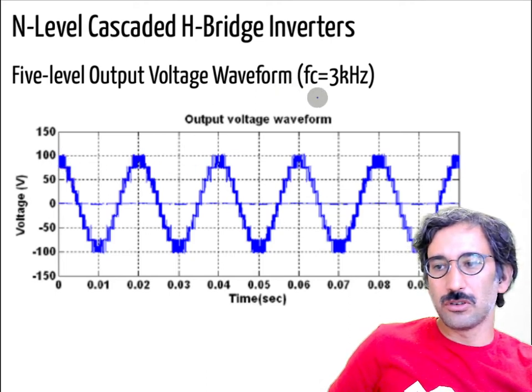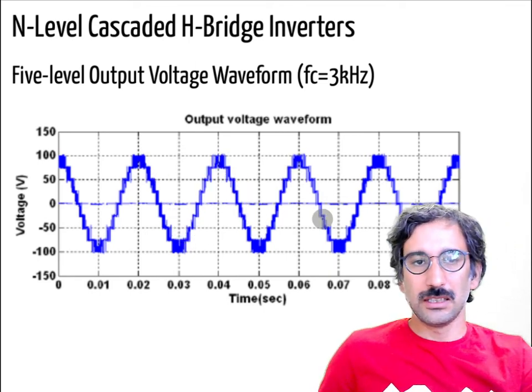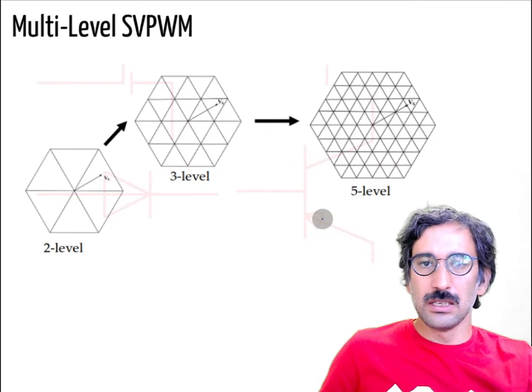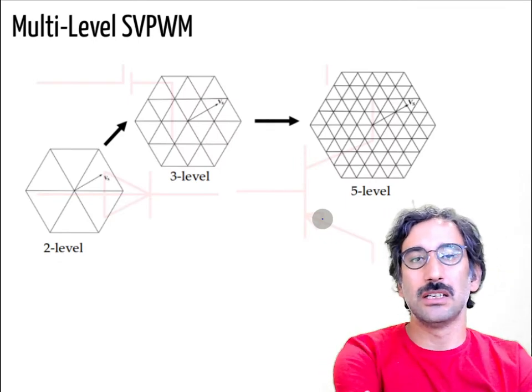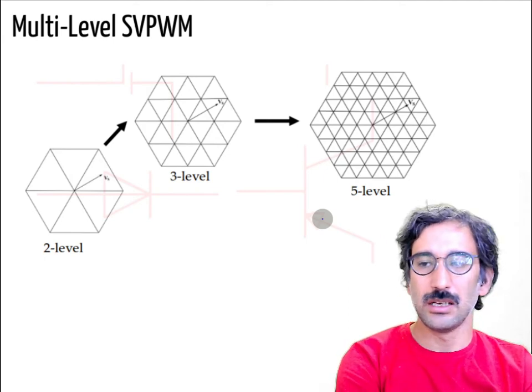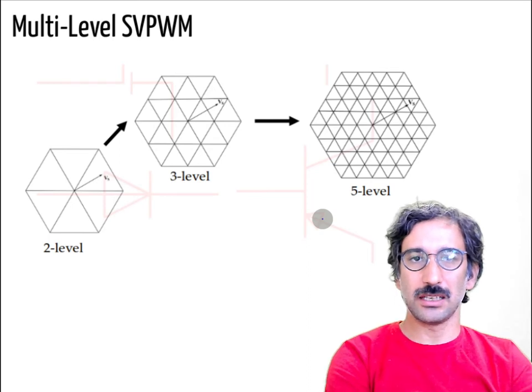So even if your switching frequency is low, if you calculate the THD of that curve, it will be really small. Cool. So this was for the sinusoidal PWM for the multi-level, and similarly